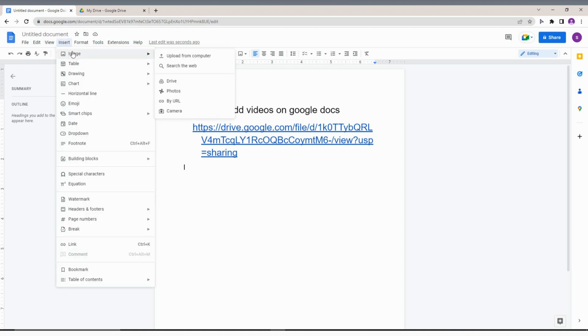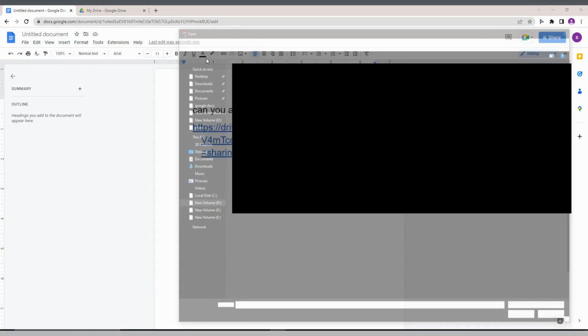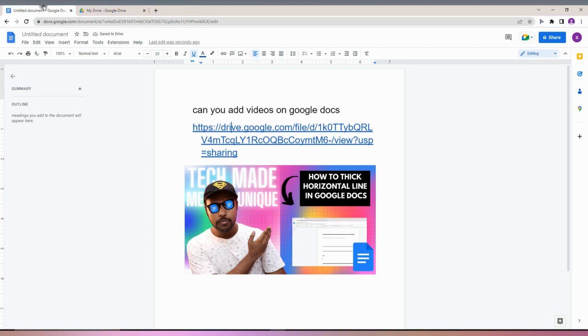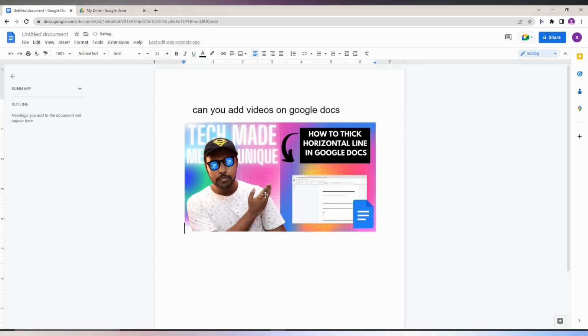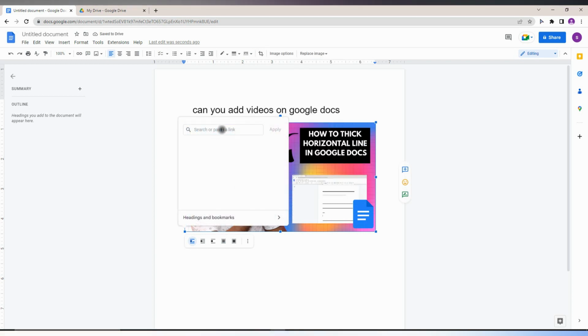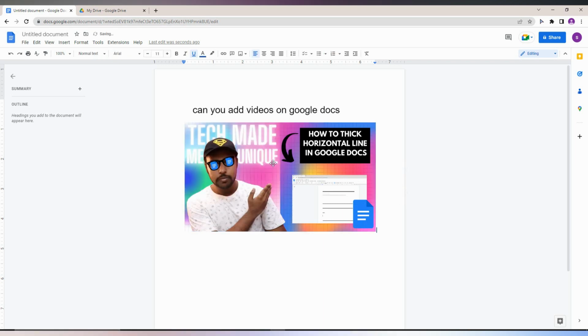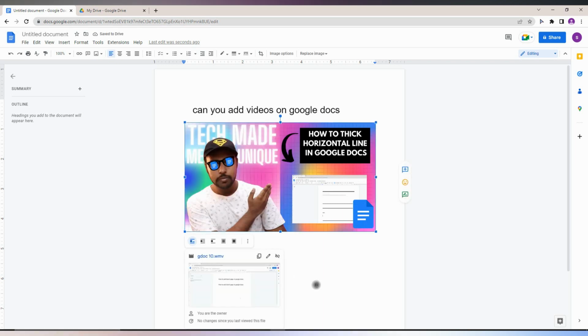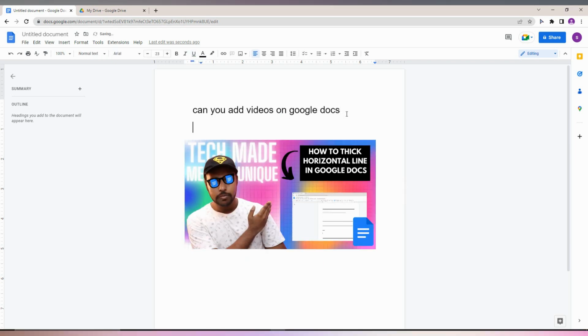Or else, another option: just go to the image and upload an image from your PC. You can upload the thumbnail image for this. After uploading, you can provide the link that can be inserted into the image. For example, just clicking here, you can see provide the link here. If you click on the thumbnail or the video image, it automatically goes to the Google Drive and the video